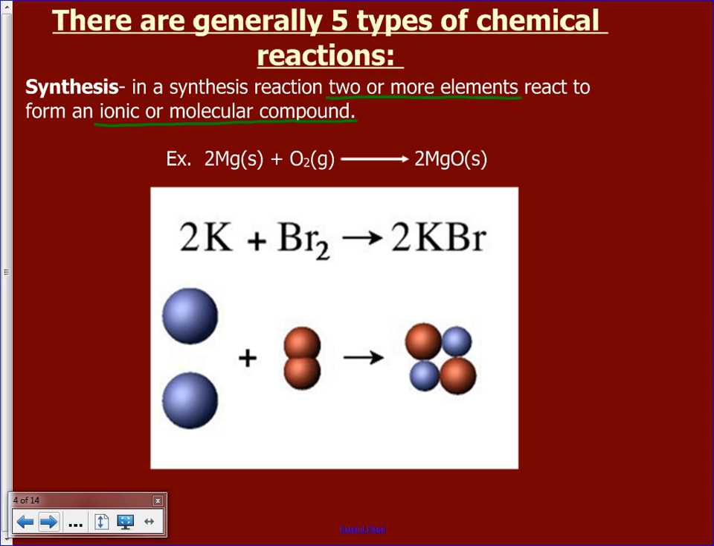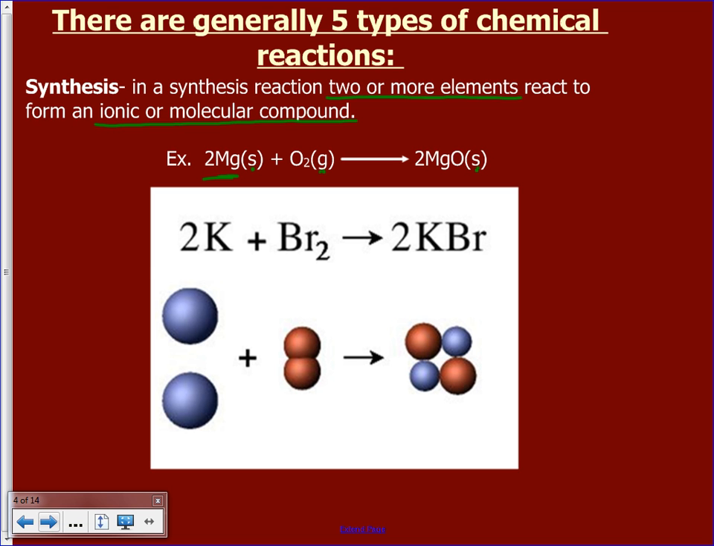Okay, the S's and G's here, okay, they stand for the state of matter. So this is saying that this magnesium here is solid, okay, this oxygen here is a gas, okay, and that this magnesium oxide is solid. In Science 10, you actually don't have to write the states of matter in your chemical reactions, so you guys won't see that often in your reactions. Now,